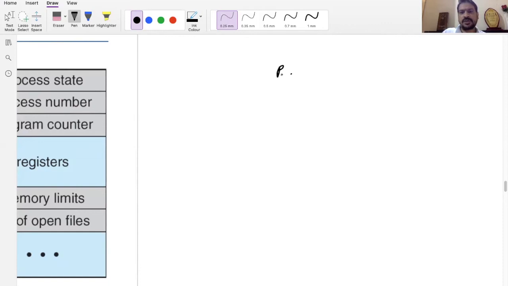Let's first talk about program counter. In short, it is called PC. So what happens in the program counter? Program counter will hold the next instruction which is going to execute. Let's assume that one process